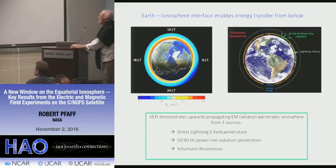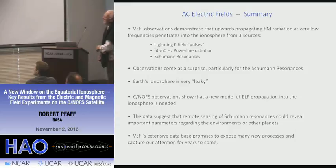But nevertheless, the fact that you can have a storm and a Schumann resonance associated with it is something we're looking into. So my final wrap up here on the ACE fields: we saw upward propagating electromagnetic radiation from lightning, the power line, and the resonances. These really come as a surprise, particularly the Schumann resonances, which are really just confined to that waveguide, or they wouldn't be resonances. So the Earth's atmosphere is leaky, and